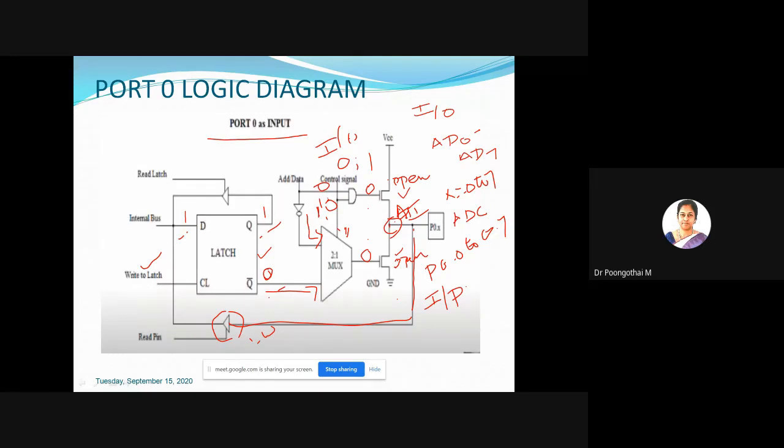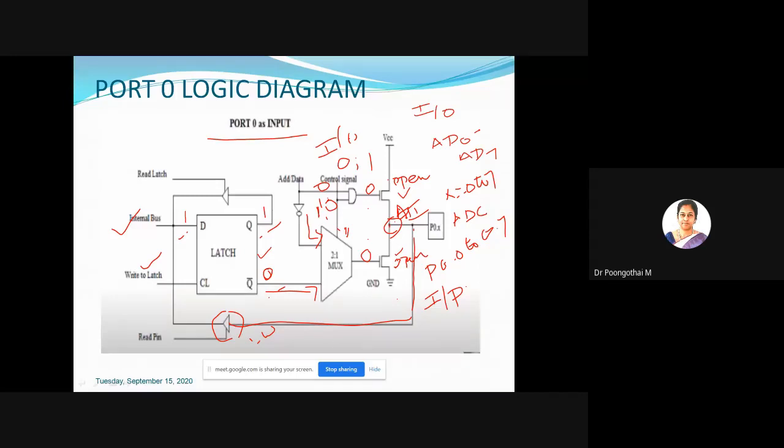It can be read by this lower tri-state buffer. After that, the particular data is latched into the internal database. So this is the operation of your input port. So we can read the data through the lower tri-state buffer. But the case is, every time a 0 will overwrite the high impedance with 0, and then that data is given to your lower tri-state buffer.